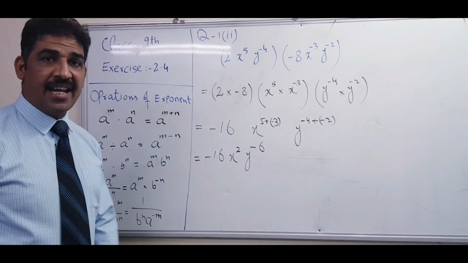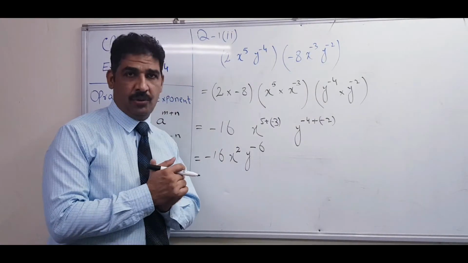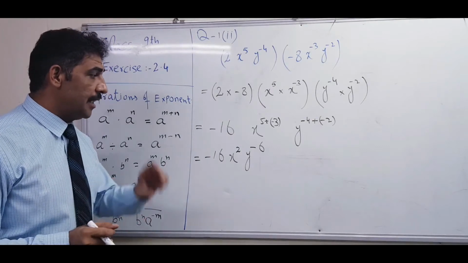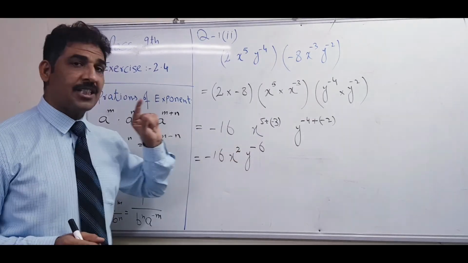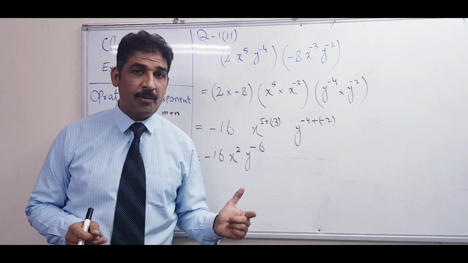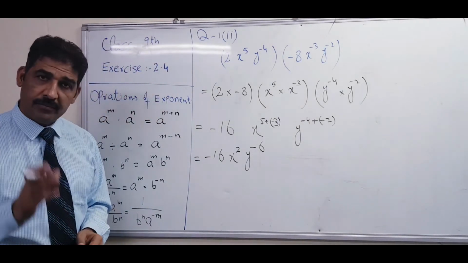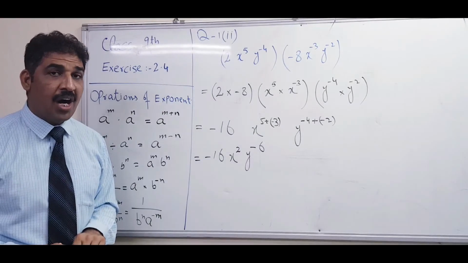This answer is correct, but try your best. As you can simplify, you have to do that one. So what we will do for that purpose, we will do that. Simplification means try your best to make the exponent positive. So which exponent is negative here? Yes, minus 6. So how to make it positive?